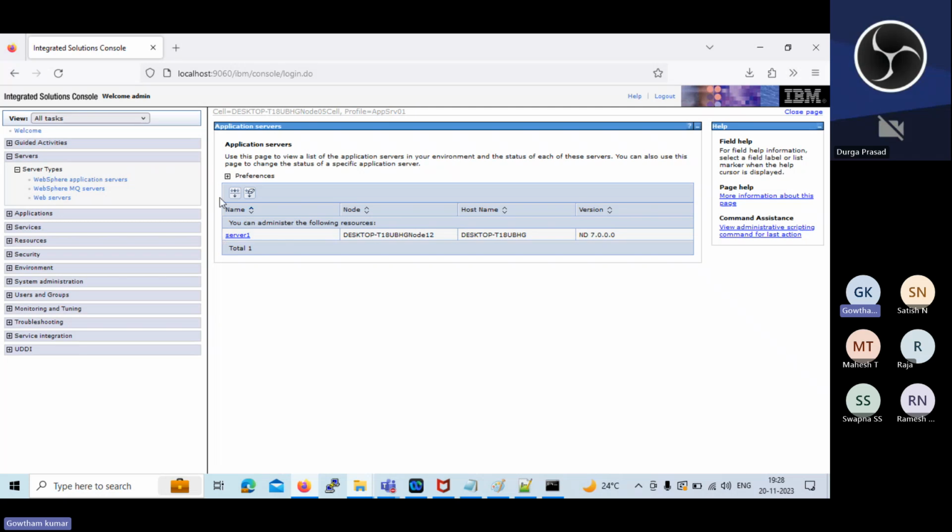And if you look above here, there are no other options. There is no option to stop the server from here or to create new servers. When you create your DMGR server, you can see start and stop options and some additional features. And when you do the federation between these two, then you can create multiple servers, which we will learn. But as of now,